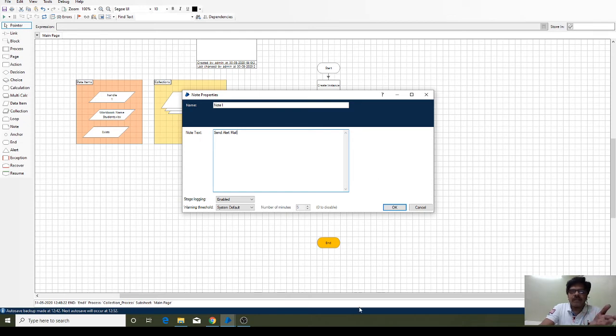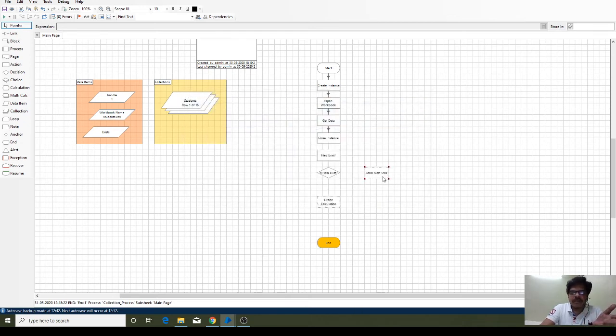Then we end the process. Now the link stages: if true, the business logic has to execute; if false, send the alert mail and then complete the process.